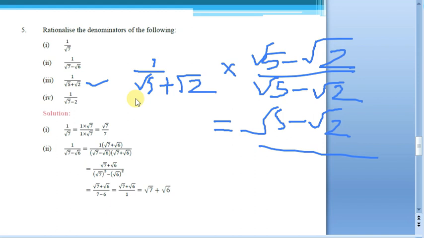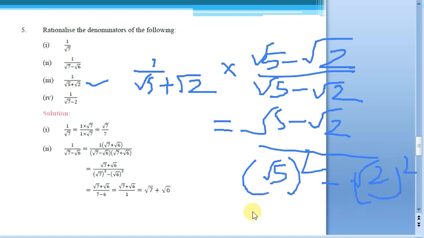So remember, knowing the things is not the only task in maths, we have to apply them wherever possible. That is all about application of your concepts wherever needed. So that is why root 5 plus root 2 times root 5 minus root 2, a plus b into a minus b, is nothing but a square, which is root 5 square, minus b square, which is root 2 square. What is root 5 square? It will be 5. What is root 2 square? It will be 2 in the denominator, and in the numerator root 5 minus root 2.